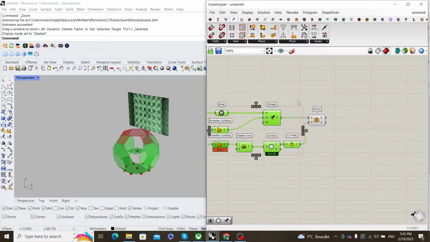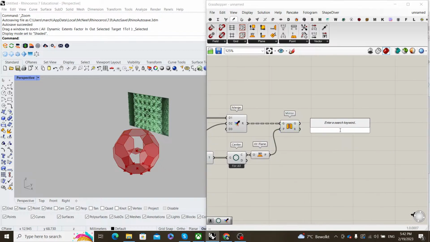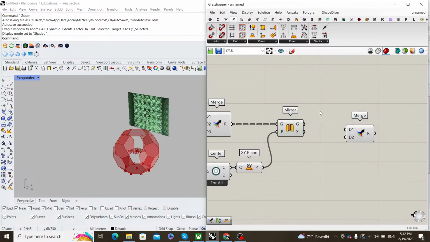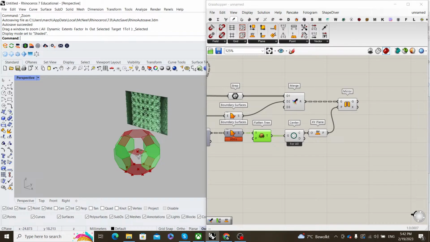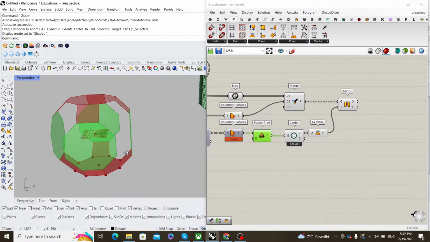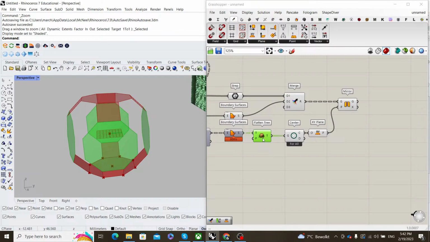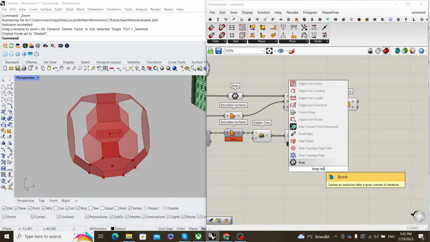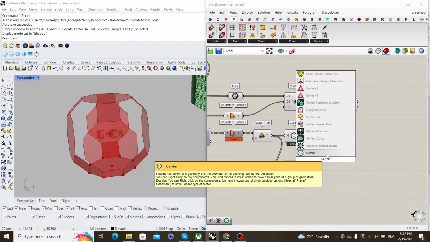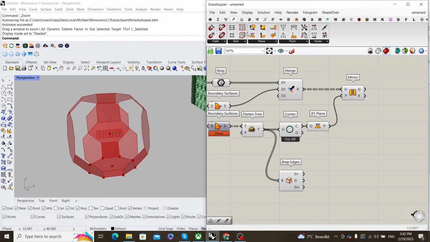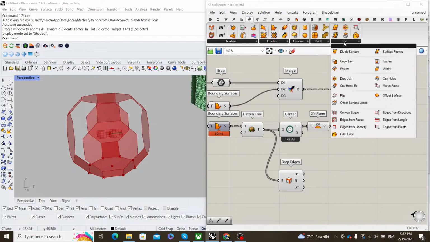Almost there. Almost done. So now we should merge our — no, before merging, actually, we should start building those squares on the edges. How can we do this? Well, I would say the fastest way will be to take the B-rep edges from our octagons, taking the centers — not centers, but actually I have a better idea. We can just take the